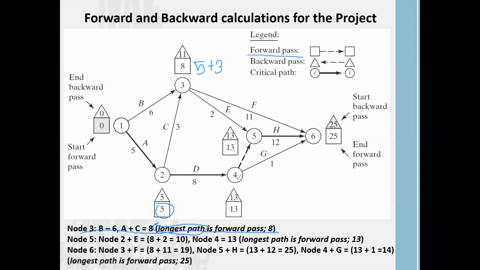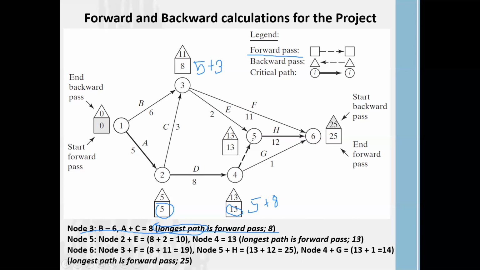Now task 4. Once you are coming to task 4, you have to complete activity A and activity D. That means you have to pass through node 1, node 2 to node 4. So in order to start task 4, you have to consume 5 plus 8, that means 13 weeks for your task. Here 5 plus 8. Okay, now here node 4 is 13. The longest path is the forward pass. That is your longest path. Fortunately, there is no other path into 4.